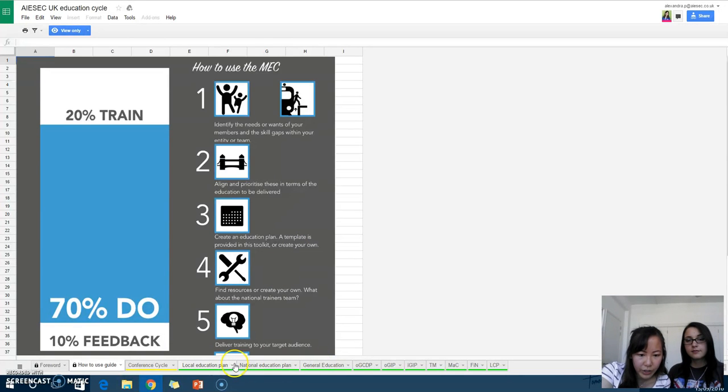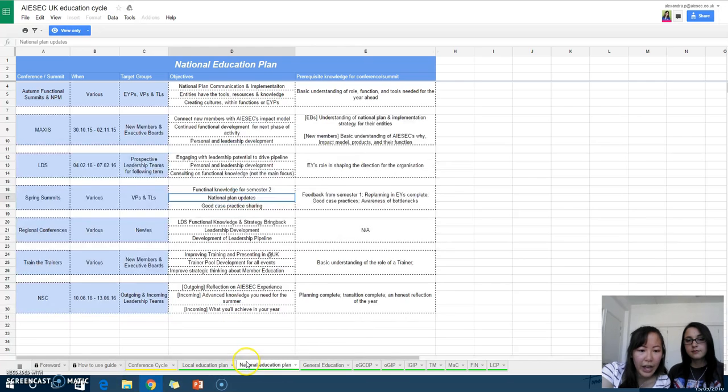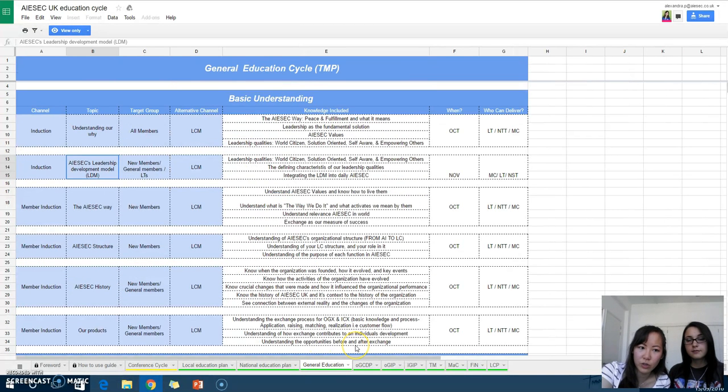There are different tabs down here. You can have a look, and this is some national education plan which consists of what each conference should be talking about, and then you can take it into account and you don't have to repeat the same message. And you can see a general education cycle for all members, and through what channel we would downscale this knowledge, and what kind of knowledge we should talk about and when.